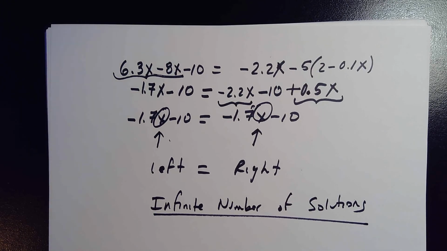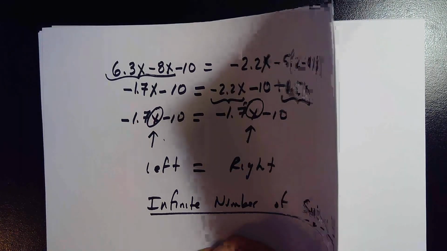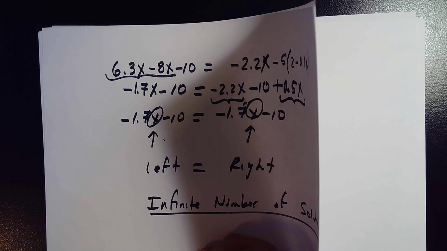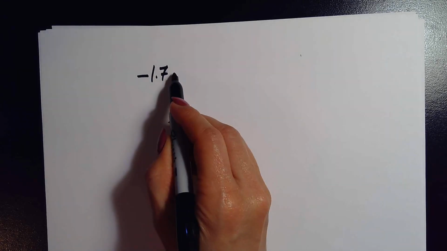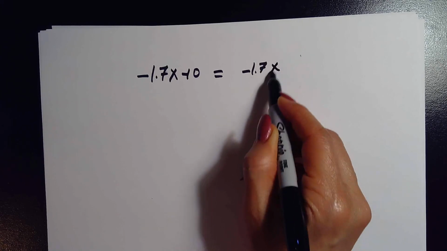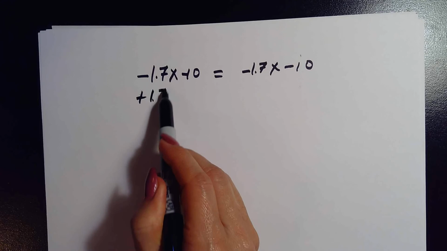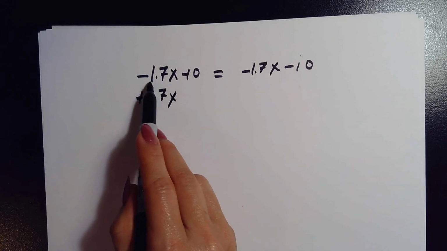So this is the second case, right? That where you have an infinite number of solutions. So we could continue, and I want to continue to show you what would happen if I continue solving. So you have negative 1.7x minus 10 equals negative 1.7x minus 10. What's going to happen? I'm going to add 1.7x to both sides to get rid of the negative 1.7x and